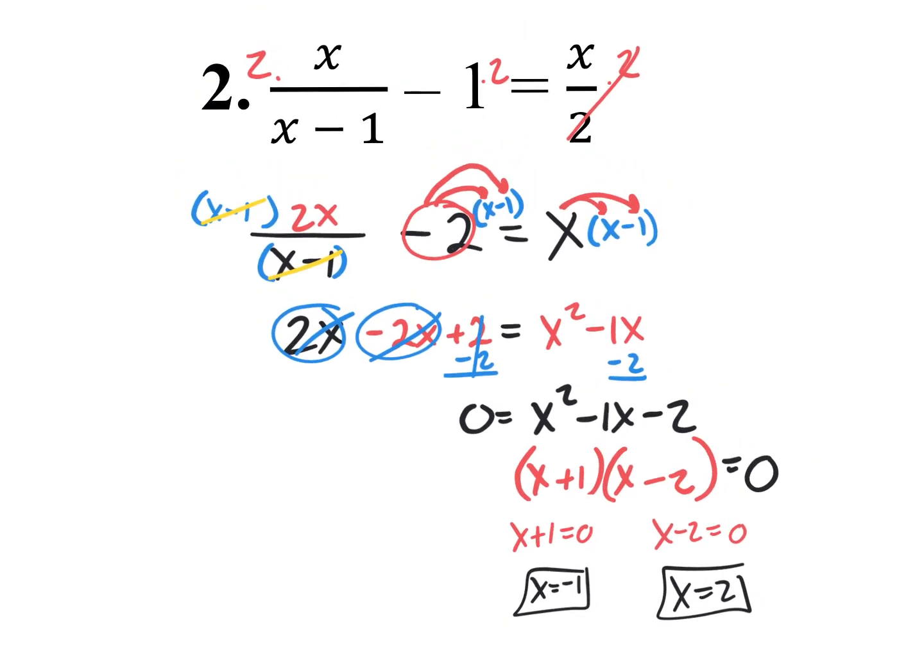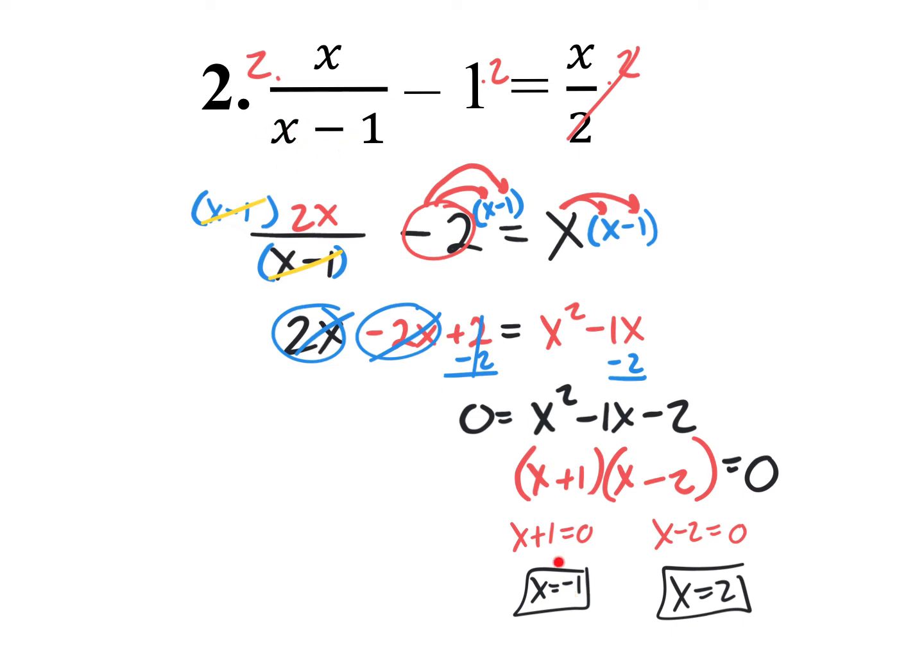Now, I do need to mention something that I didn't mention on the previous question. Whenever you get answers and you have variables in your denominator, you want to take a quick second and make sure that your answer doesn't cause it to become 0. Because if you have a 0 in the denominator, it's going to be undefined, and that'll mess everything up, okay? So for example, if this answer would have said x equals 1, and then the other answer x equals 2, and if I plug in a 1 right here, it doesn't say 1, it's a negative 1, but if it were a positive 1, let's pretend,